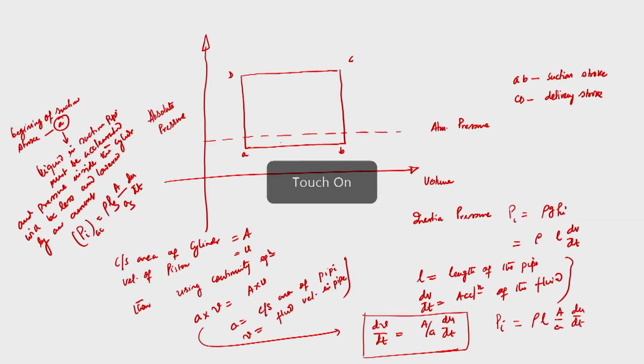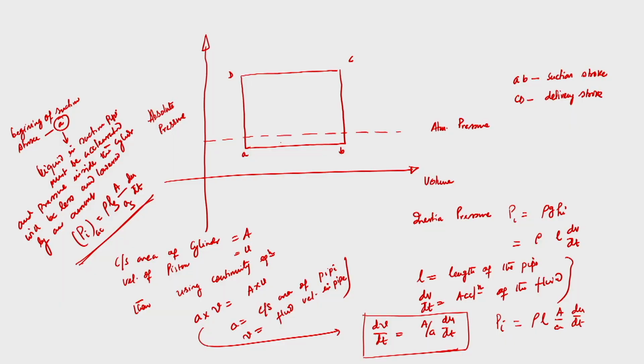So this is very important. This is the pressure. At the beginning of the suction stroke, the liquid in the suction pipeline will be accelerated, so the pressure in the cylinder will be lowered by an amount calculated from the inertial pressure: Pi AC is equal to rho Ls A by As into du dt.